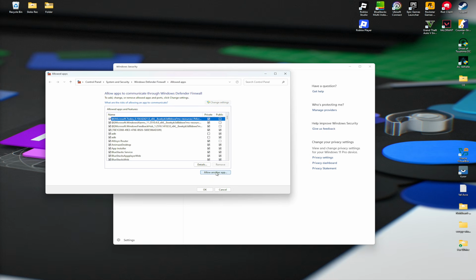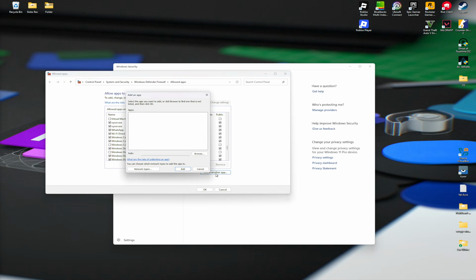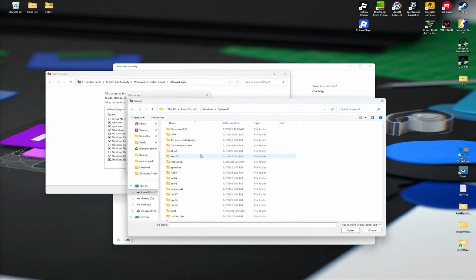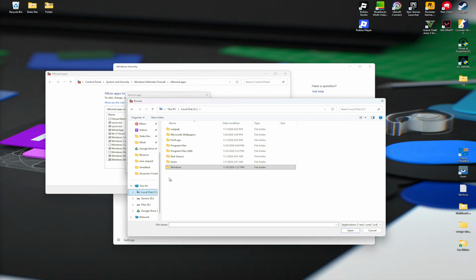Now go ahead and tap on allow another app. Now if you're able to see Valorant right here, let's go and find it. As you can see, we don't have Valorant, so just go ahead and tap on allow another app. Click on browse. Now go to local disk C, Riot Games, Valorant, Live, Shooter Game,